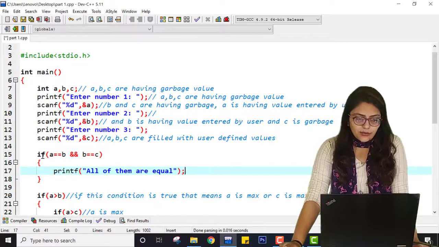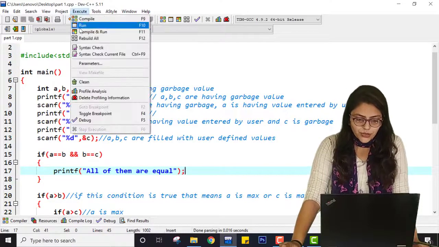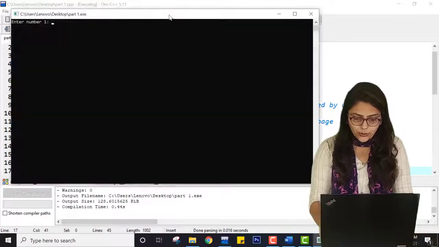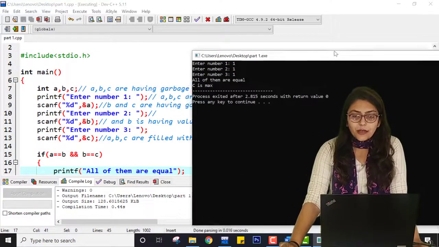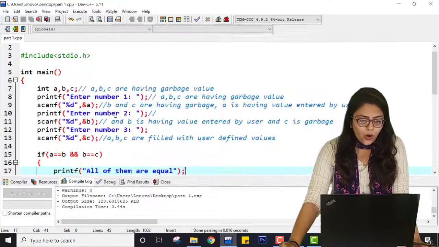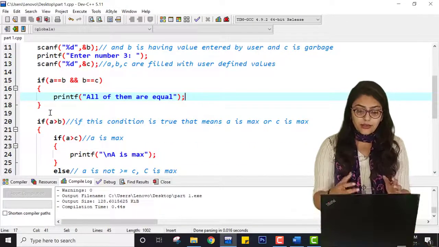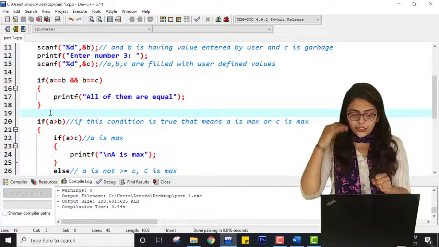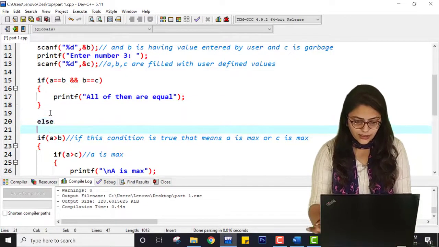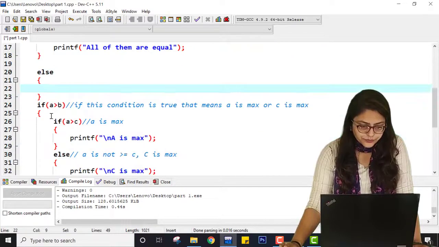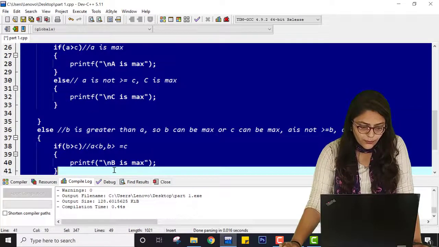So let me just save this program, compile it and run it. You can see I'm entering 1 1 1, then all of them are equal, but C's max is printed. So this should not happen, because it is happening for each case. So here I am writing this entire thing inside else. So I hope you guys understand.